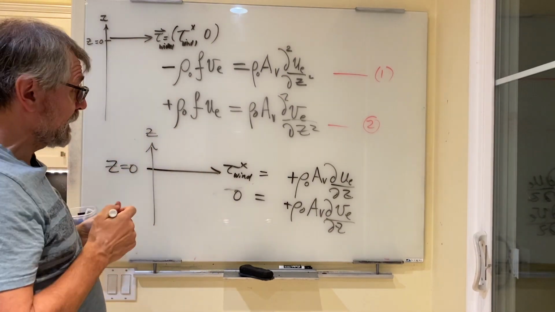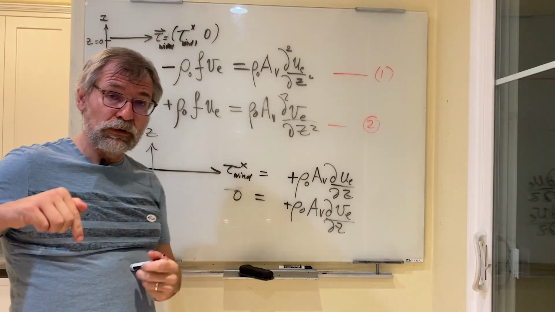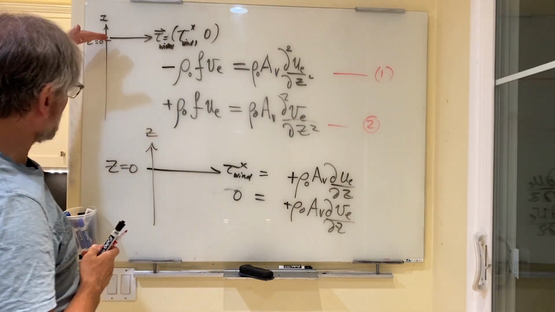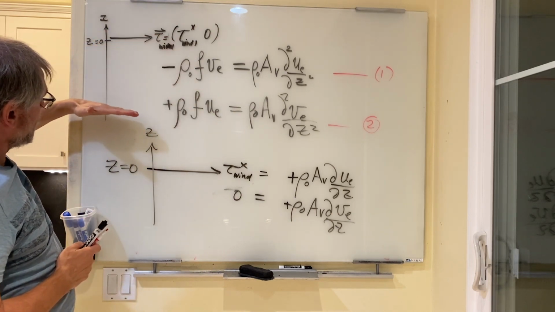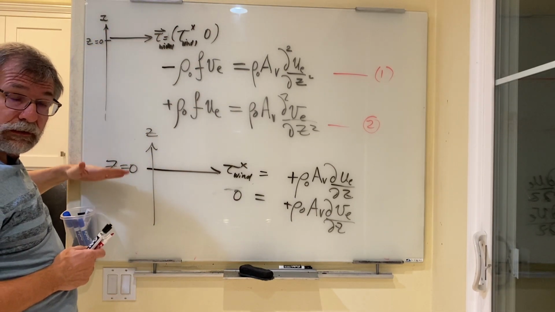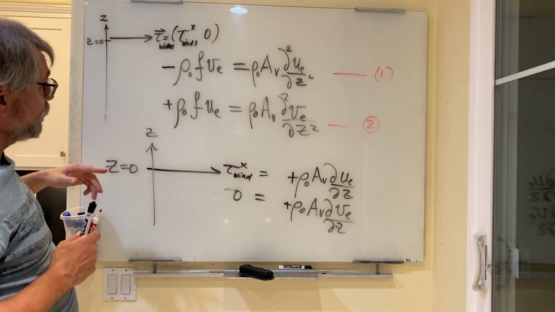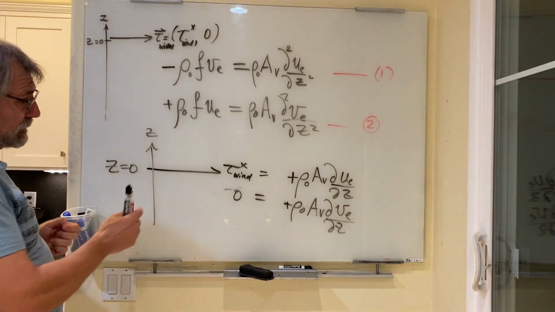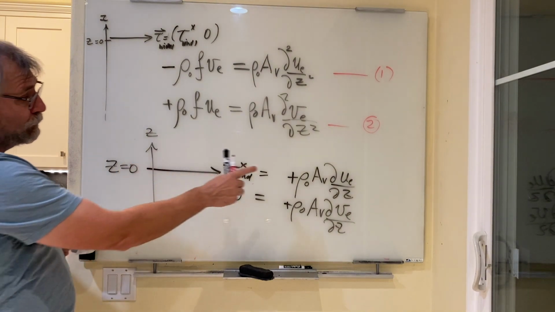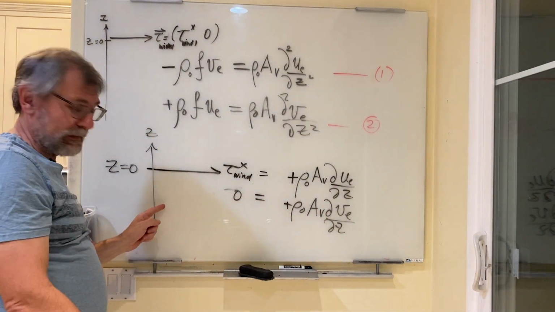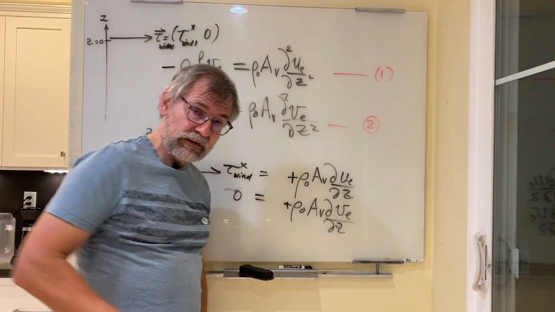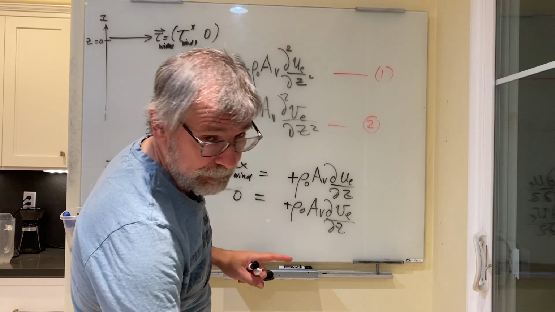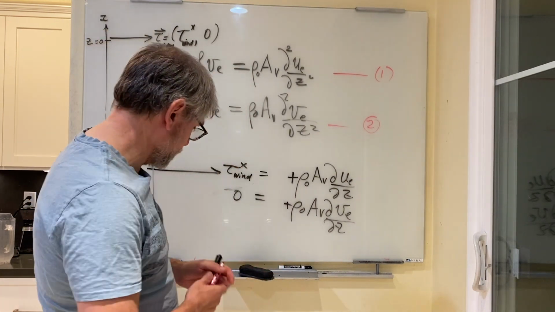We need 2 more, and I guess in general we would apply the 2 other boundary conditions at the bottom of the domain. So this is like a boundary value problem. We have a boundary condition over here, and we're going to have another boundary condition deeper down somewhere. And when we go to solve it, we're going to use the fact that at the very least, the solution UE and VE should not blow up as we go into the deep ocean. So the wind is applied at the surface, and the velocity shouldn't be getting bigger and bigger as we go deeper down. So we're going to use the condition